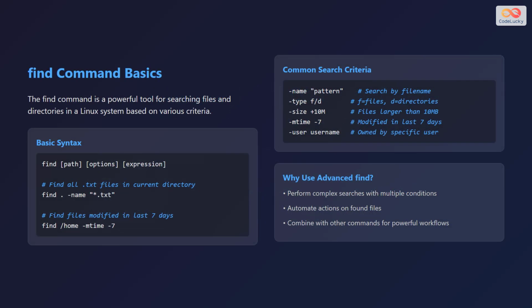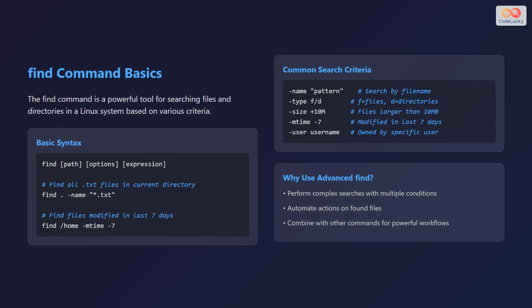The find command is a powerful tool for searching files and directories in a Linux system based on various criteria. The basic syntax for the find command is find, followed by the path, options, and then the expression. For example, to find all files with the extension .txt in the current directory, you would use the command find . -name "*.txt". To find files modified in the last 7 days in the /home directory, you would use the command